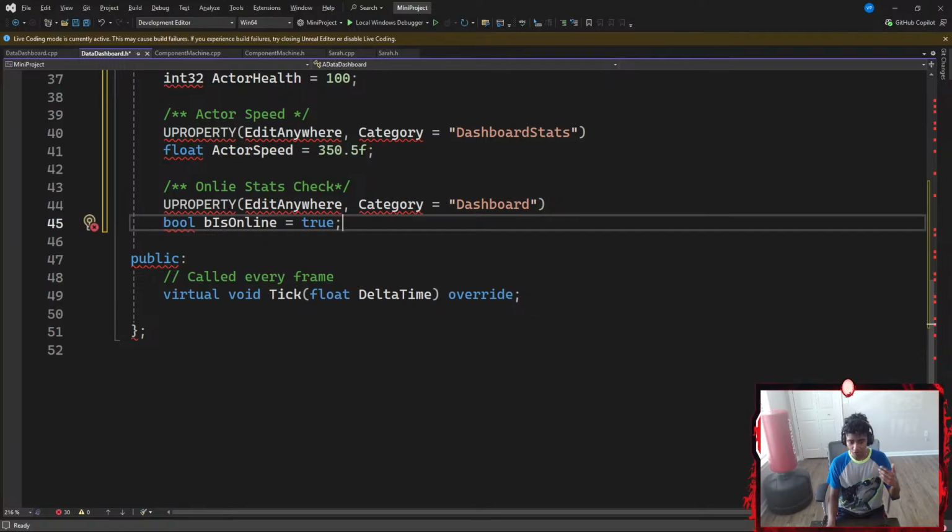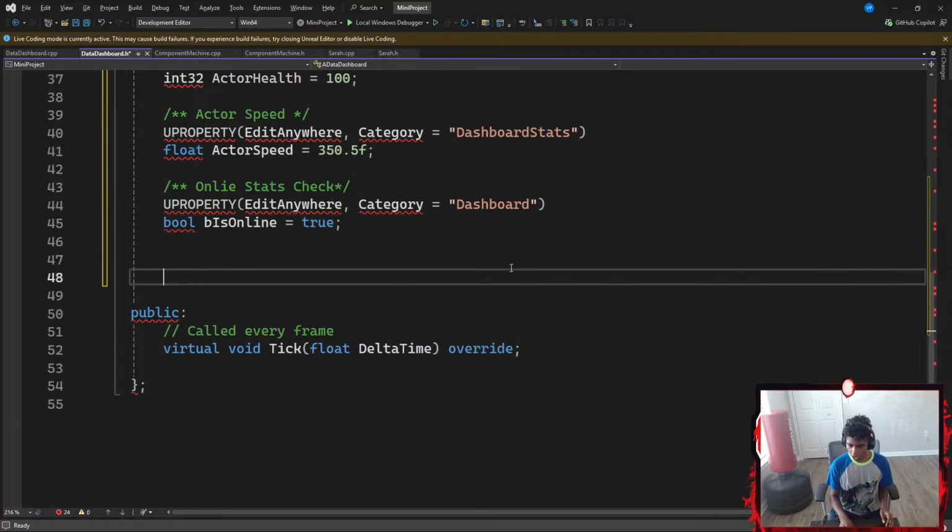Now, must have UPROPERTYs, did that, correct category names, did that as well, logged in a UFUNCTION called display dashboard. So apparently I'm going to be needing a function now. I'm going to go with another triple asterisks and say something like function, which will be used to display the dashboard.